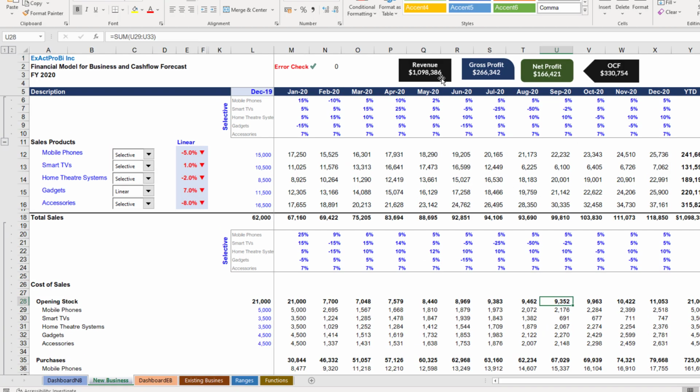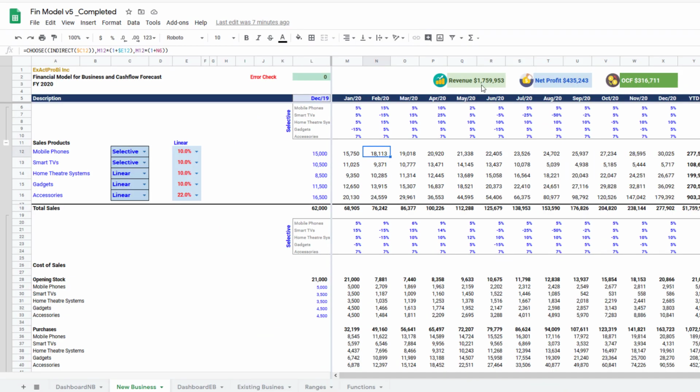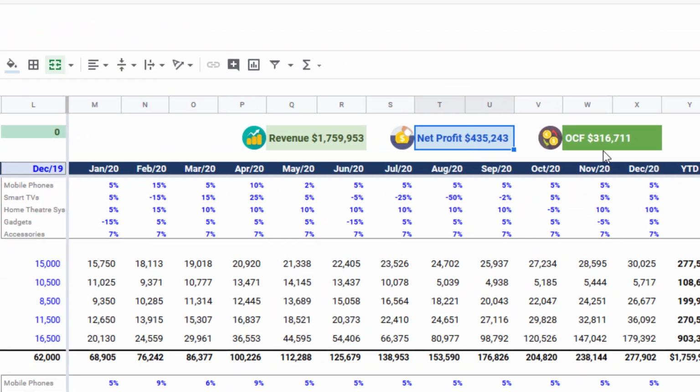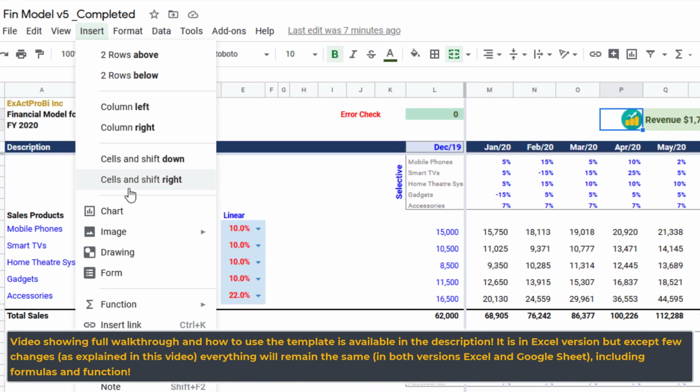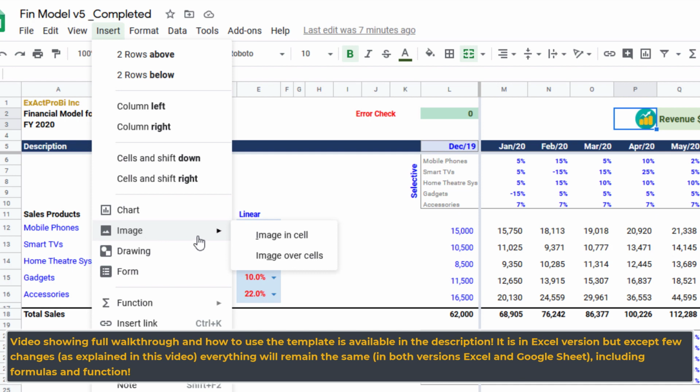As you can see, we have shapes here, while there is no such shape feature in Google Sheets. So I have used the cells themselves and some formatting, and also a feature in Google Sheet called in-cell picture. I have used PNG images of icons, mainly financial icons, which you can download a free copy of from any website. You just Google it, and use the feature called insert image in cell. If you go here, there is something called image, and in-cell image in Google Sheet, so you can use that as well.